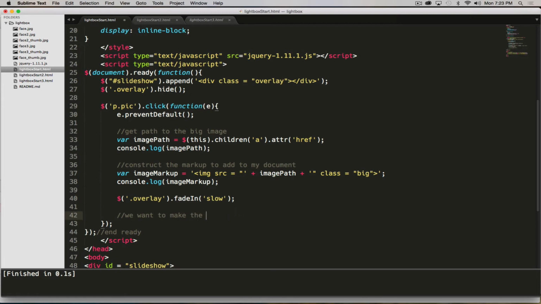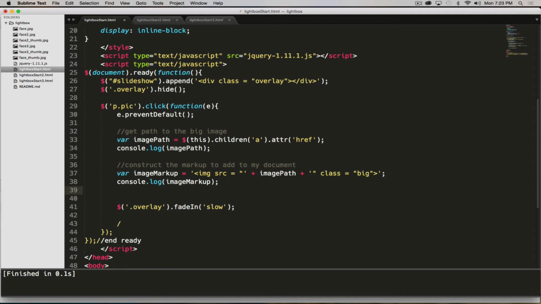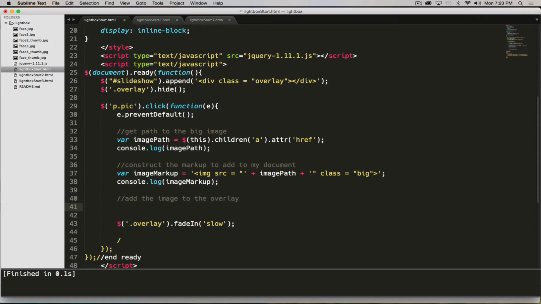Actually, before we get rid of the overlay, we want to be able to add the image to the overlay. So we have our image markup of what image we want to add to it. So we're going to add that, and if we just say add the image to the overlay, we do that by saying